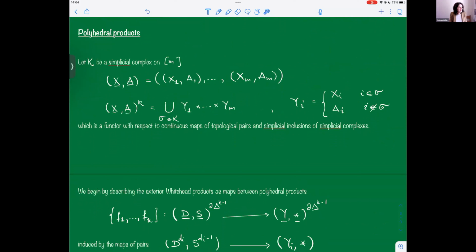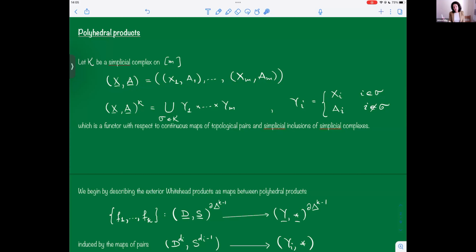Well, it is a construction that to a simplicial complex K on m vertices and a sequence of m topological pairs, say (X_1, A_1) to (X_m, A_m), associates a topological space, this is governed primarily by the combinatorics of K and taking into account the input coming from these topological pairs,